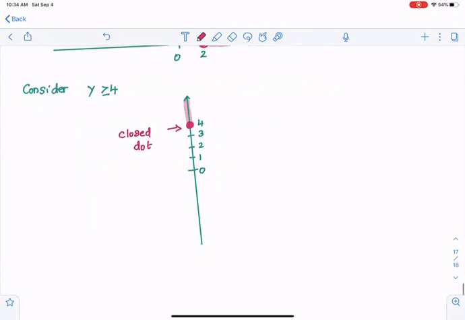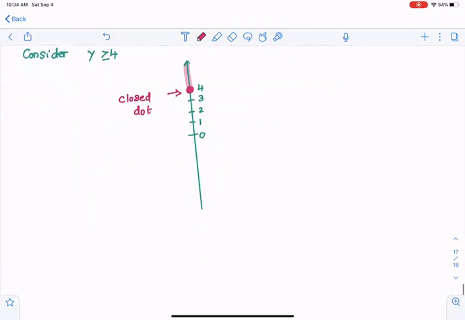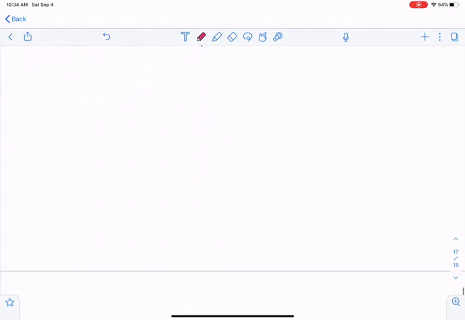But in math, we don't like to look at x's and y's separately, because we have the xy plane. We have to connect them together. So how do we do it as a function? In other words, on the xy plane. So if I want to draw x greater than 2,